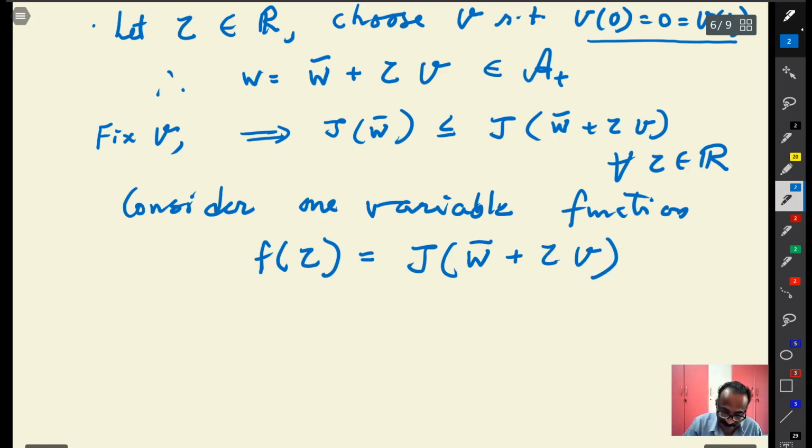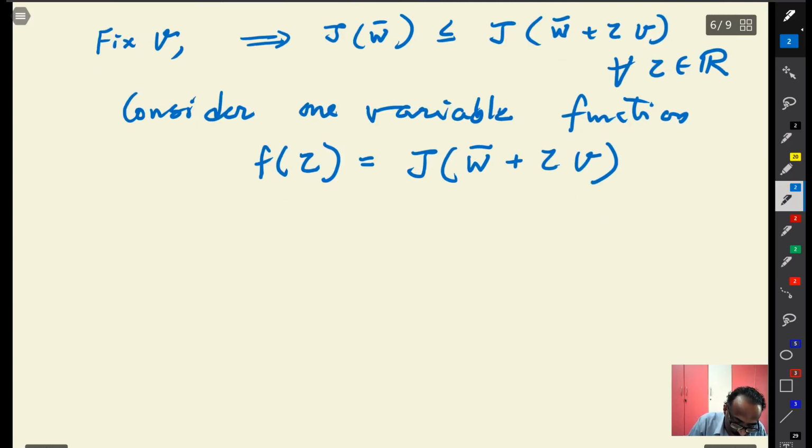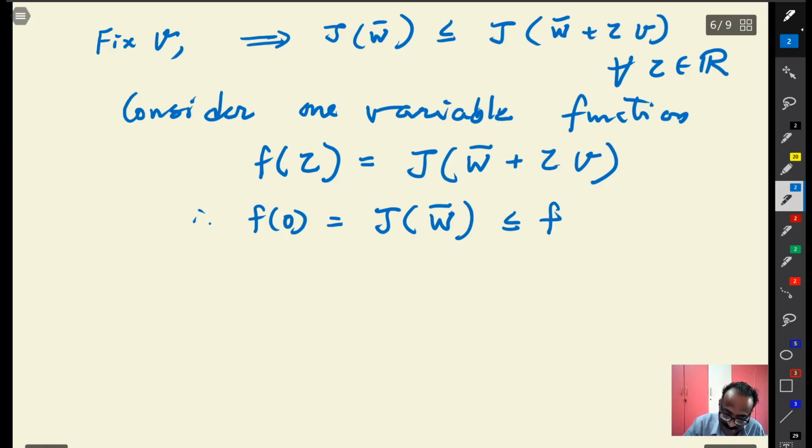Therefore f of 0 equals J of w bar, which is less than or equal to f of tau, because by the previous step this is true for all tau. That implies tau equal to 0 is a minimum